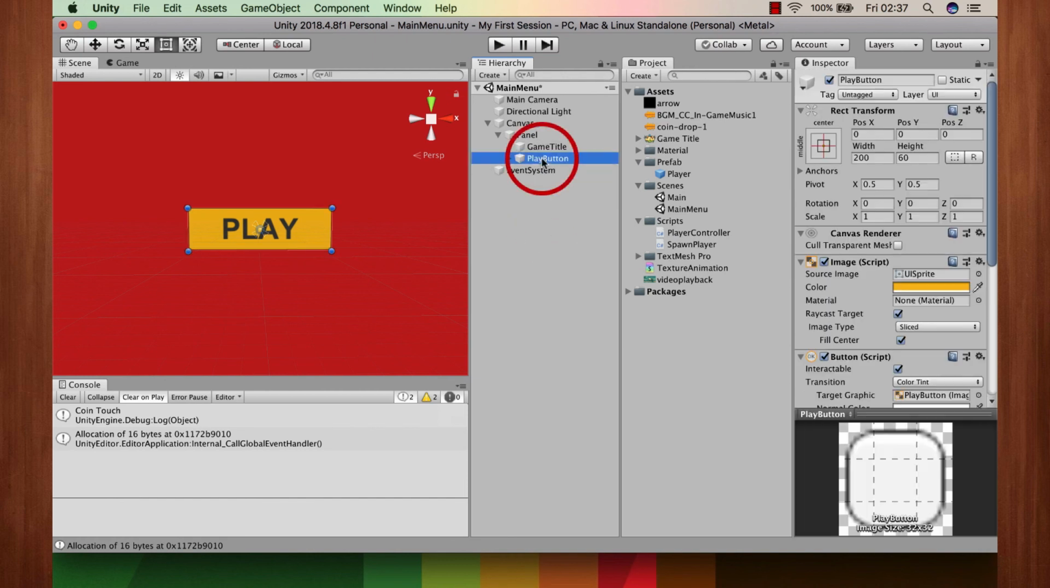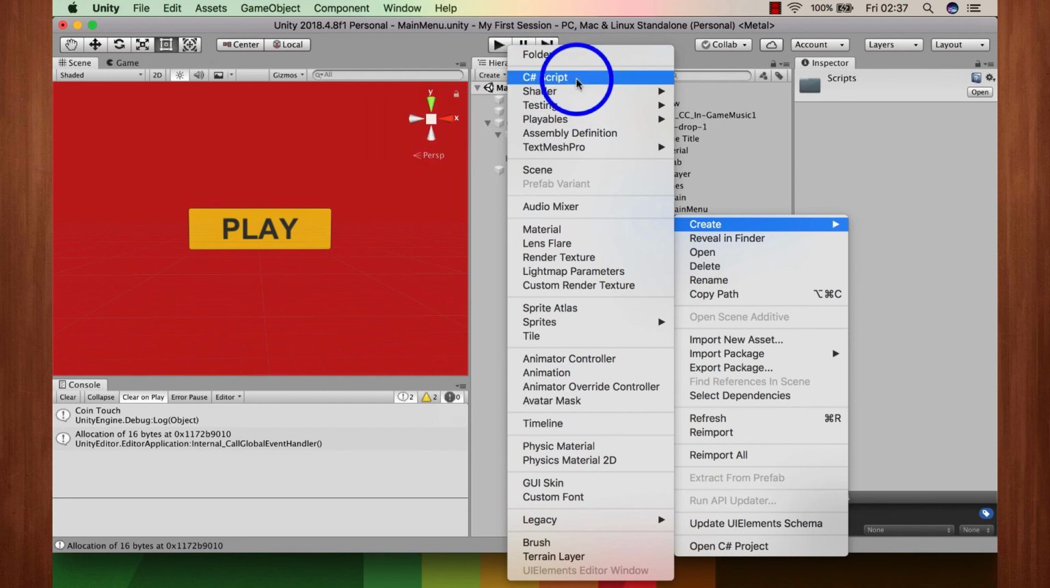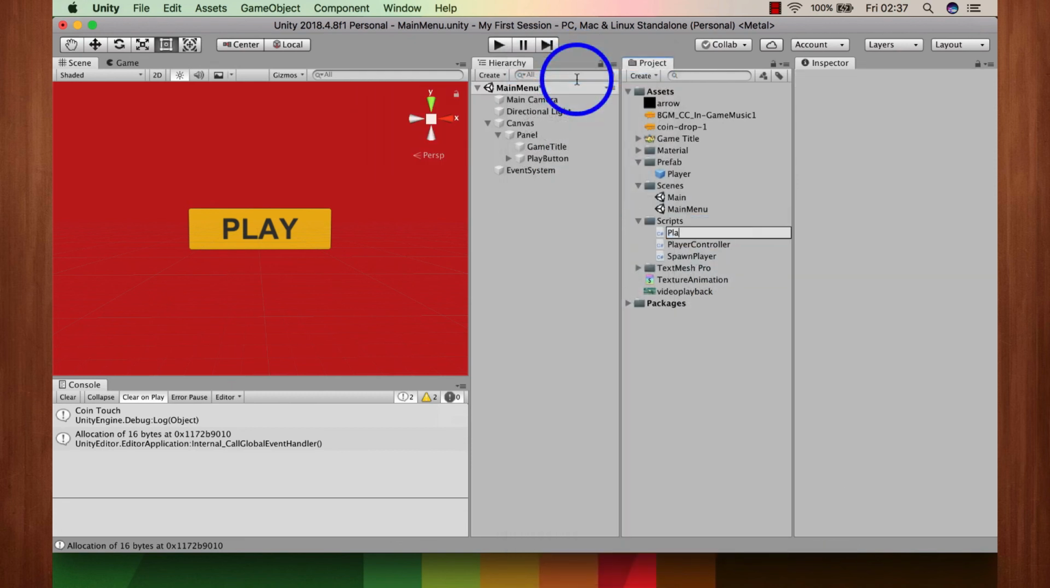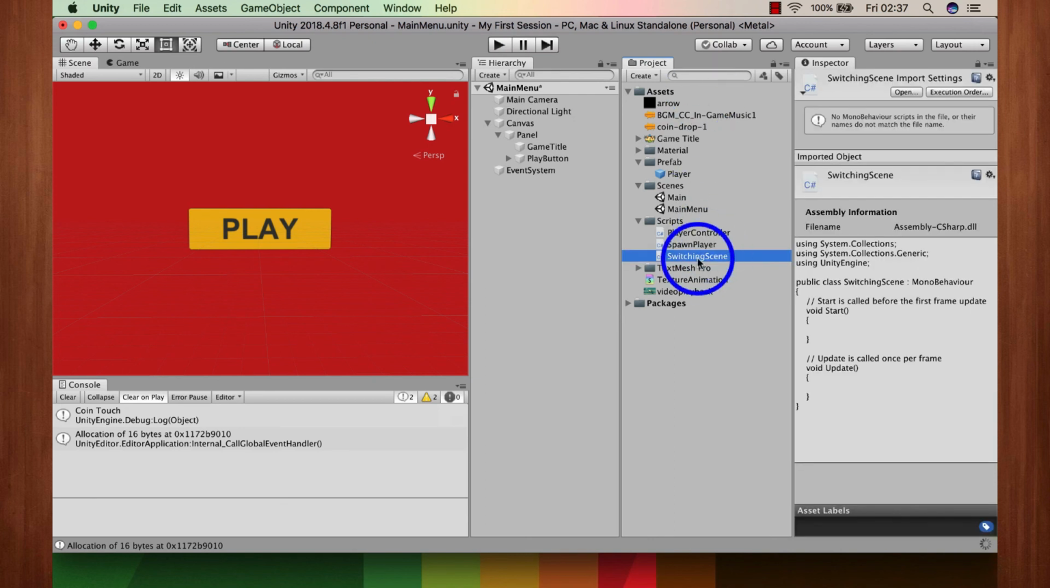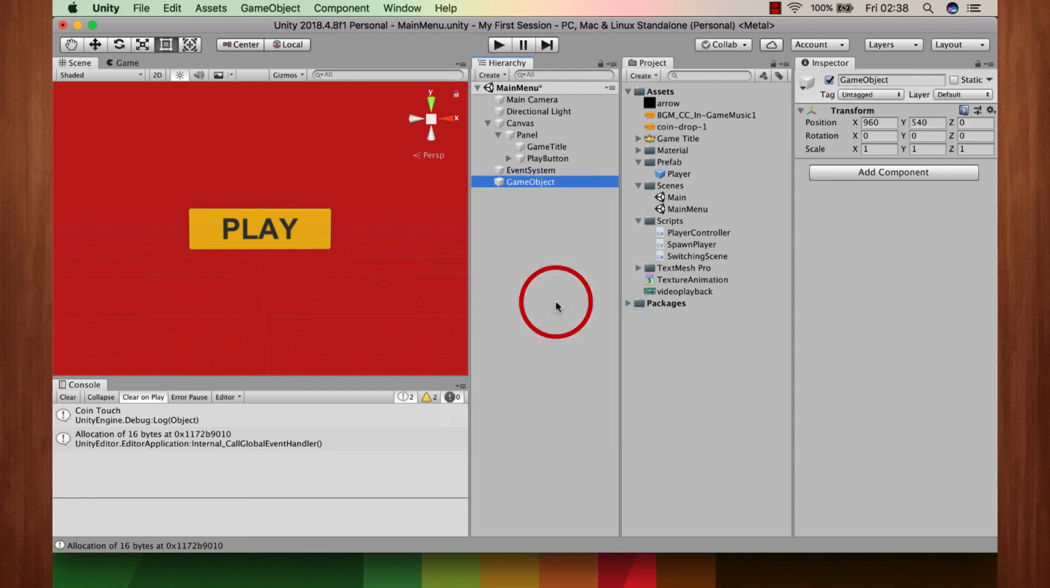script for it. So before writing a script, I'll create a C# script. That is going to be my play button script, or you can keep any name. Right now we have a single button, so I can say switching scene script, switching scene. Okay, so yes, my scene is ready. So I need to first of all create an empty game object. So that is going to be my switching scene,